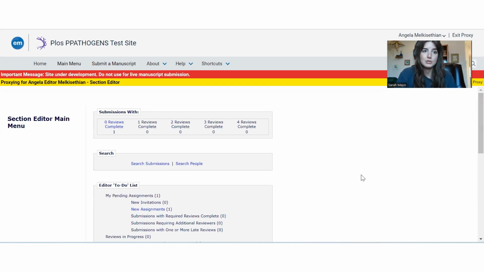Anytime you are assigned to a new manuscript, you will receive an email notification alerting you to the fact that the manuscript has come in, and it'll provide some basic details like the title, the authors, and the abstract. There will also be a link through which you can click and go directly to the submission within Editorial Manager,